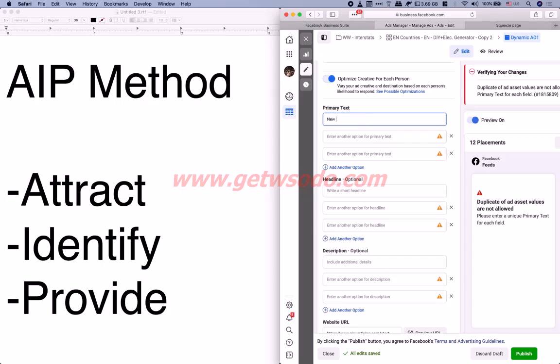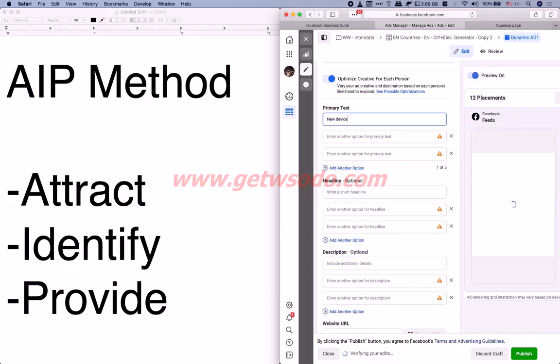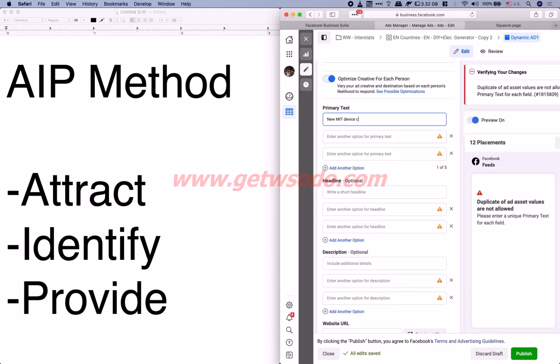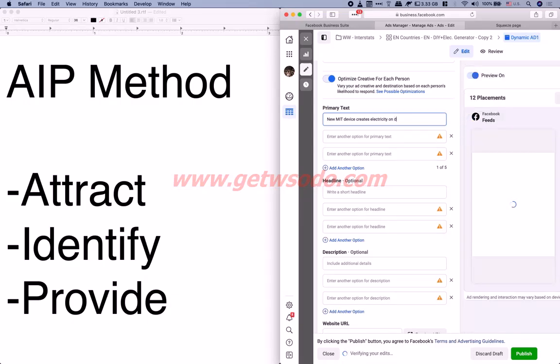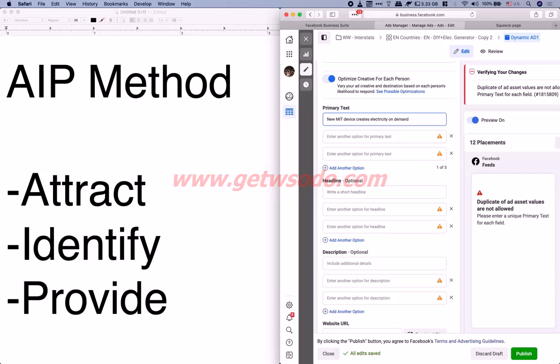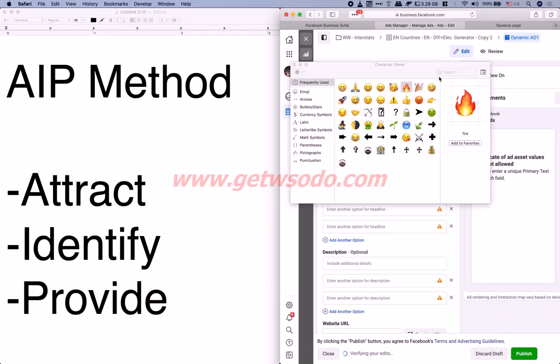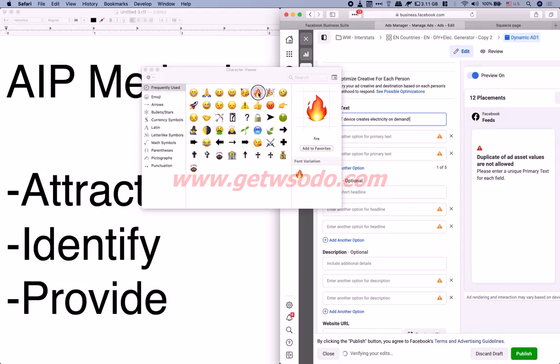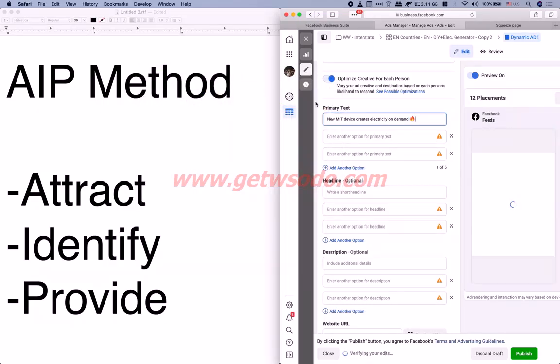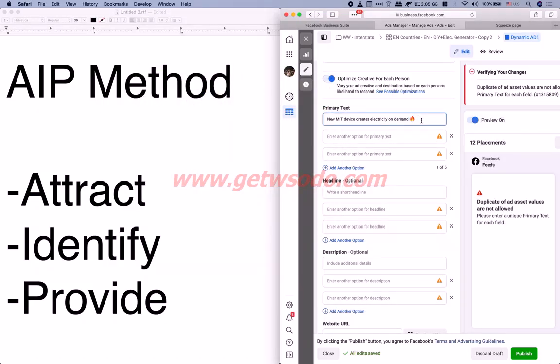So we can say something like brand new discovery or new device or new MIT device, because we know this is from MIT. New MIT device creates electricity on demand, or something like that. This is exclusivity. So exclamation mark, then I'm going to put an emoji in the front, so control command to drag even more attention. So I'm going to put fire maybe at the back, it doesn't matter. Then I'm going to hit enter,